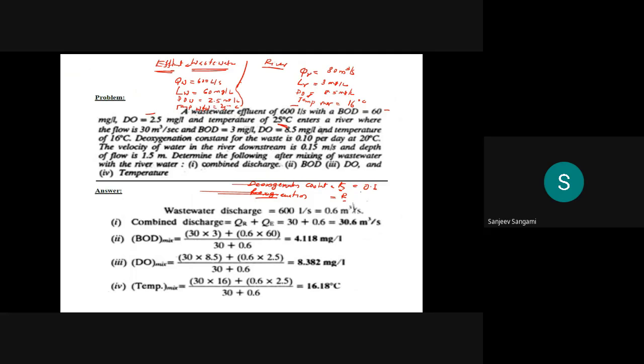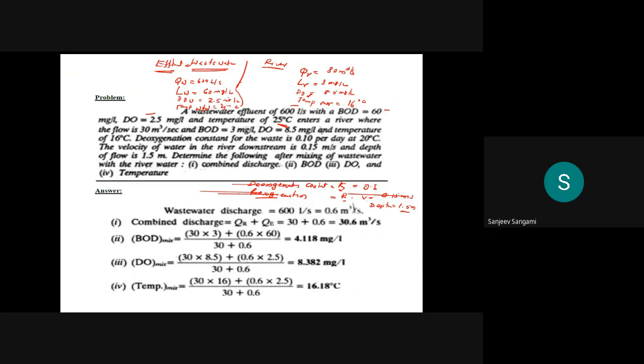Then the velocity of the flow, that is 0.15 meter per second, and they have given the depth also. Depth of flow, that is total depth of flow, is 1.5 meter. So then if I want to find out the combined